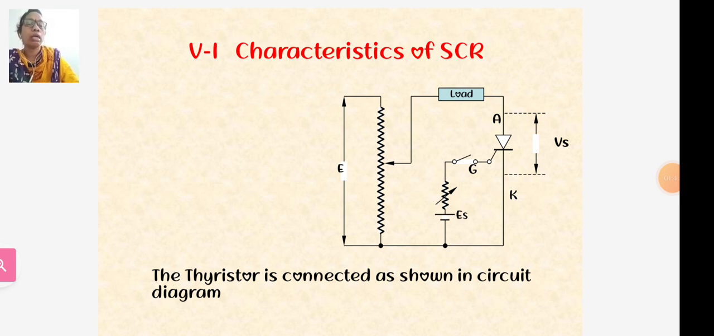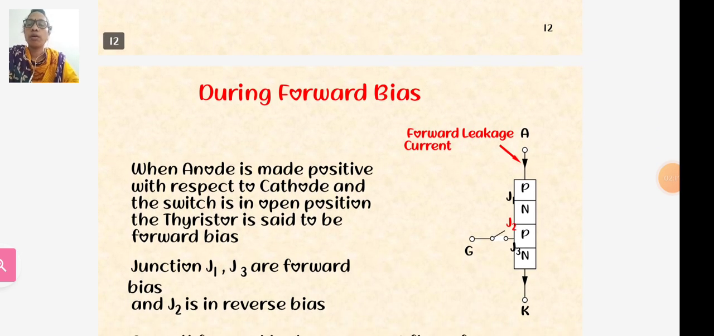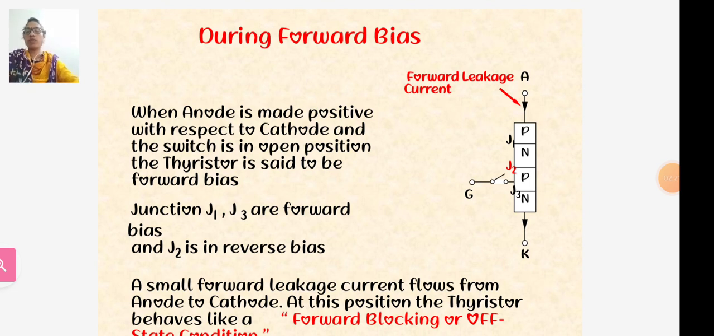When the anode voltage is made positive with respect to the cathode with switch S, in this diagram, if the switch is open, the junction J1 and J3 are forward biased. The SCR is connected with the anode, cathode and gate. So in the forward bias condition of SCR,